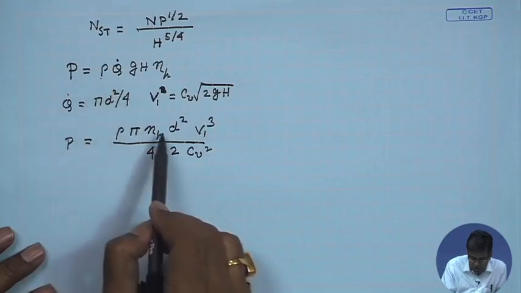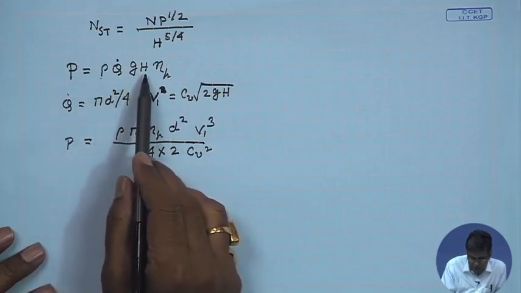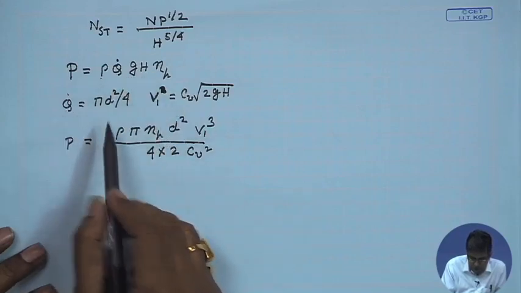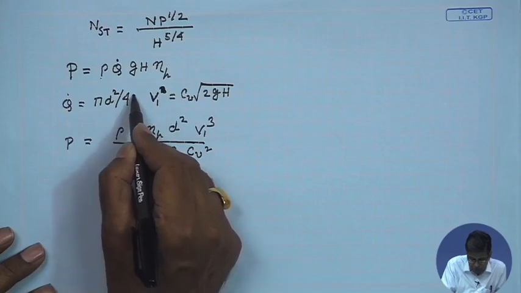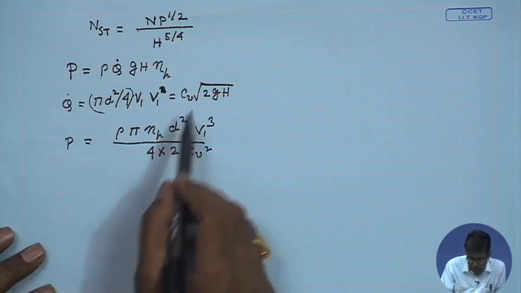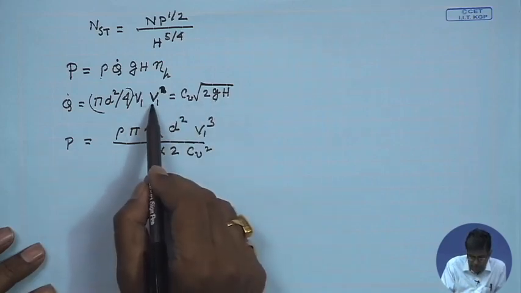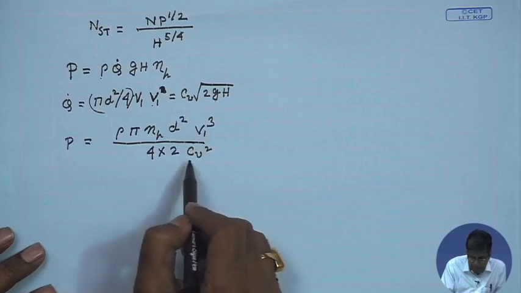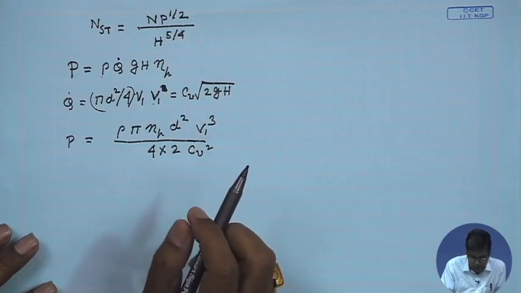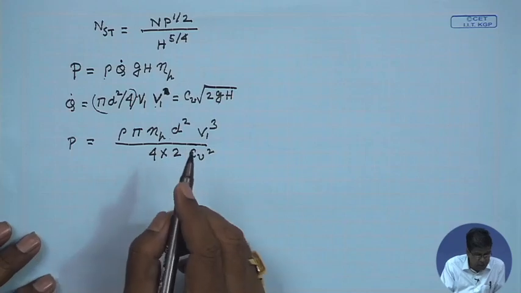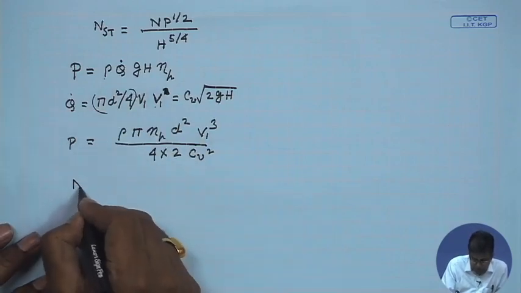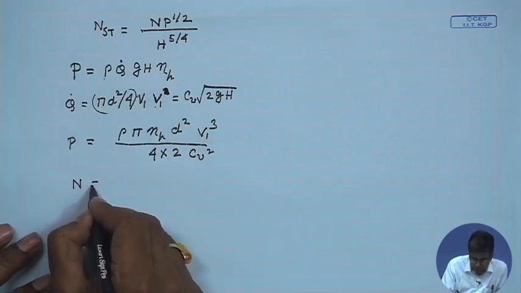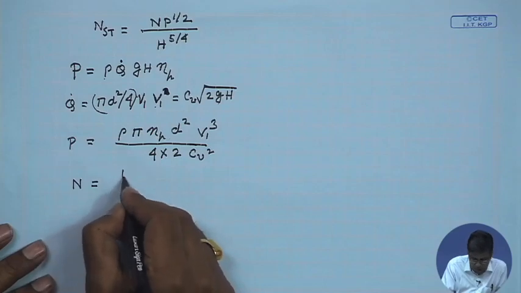So, d square into GH, Q is equal to pi d square by 4 into V1, I am sorry. So, V1 and GH we can write V1 square by 2 CV square. So, V1 cube by 8 CV square. This is P. Now, with this value of P and the rotational speed n equals u by pi d,